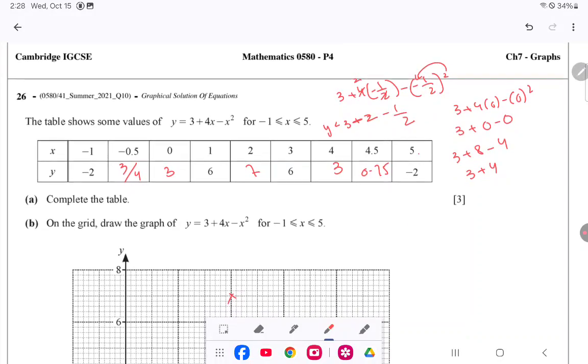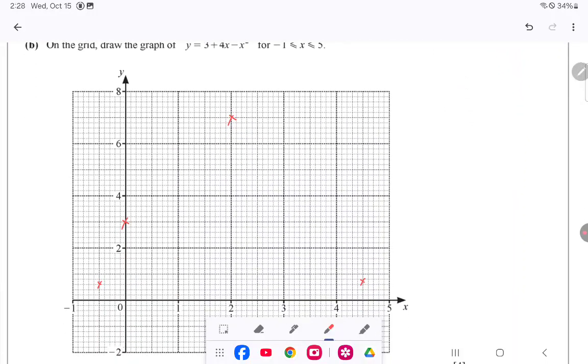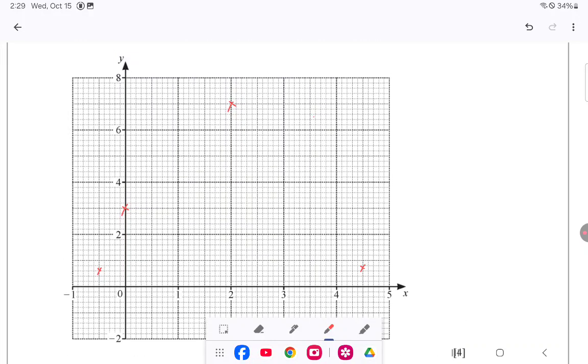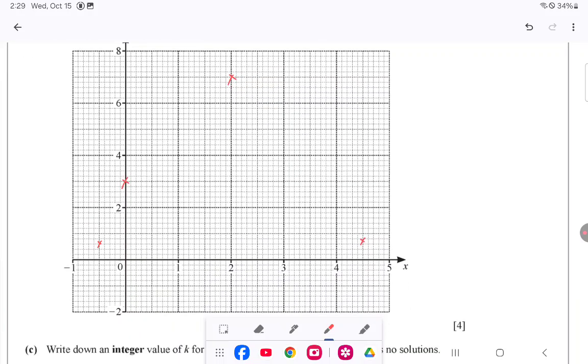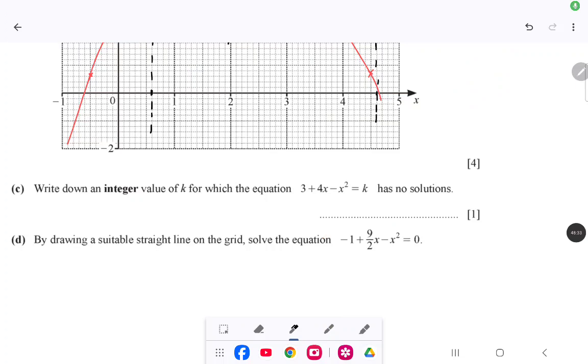Now if you put these values in the graph, for part B, a graph something like this will be formed. Now for the part C,